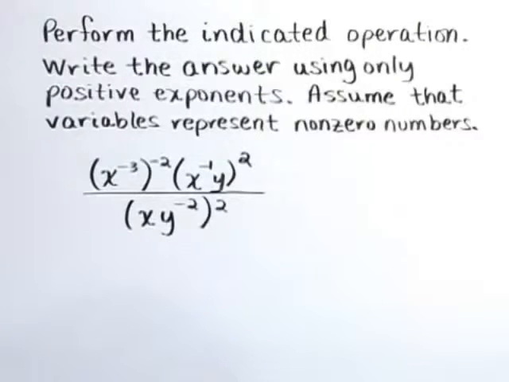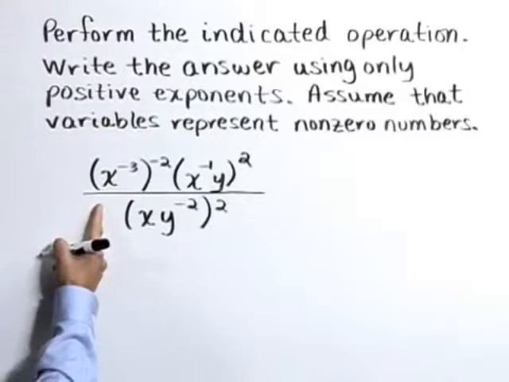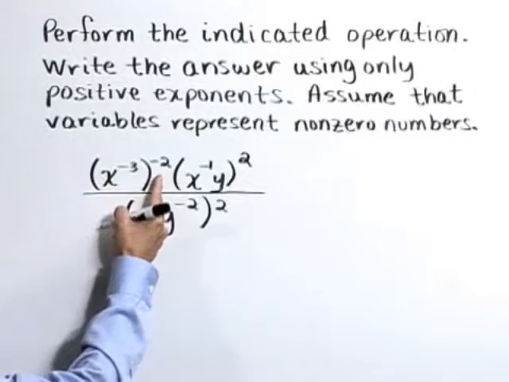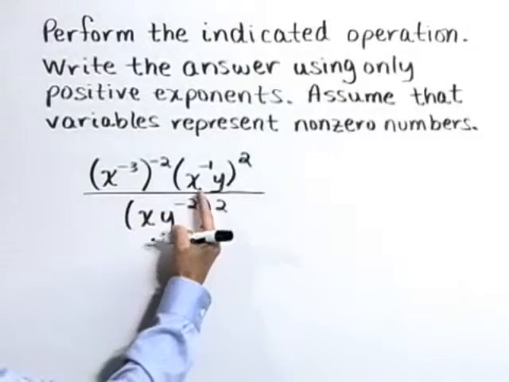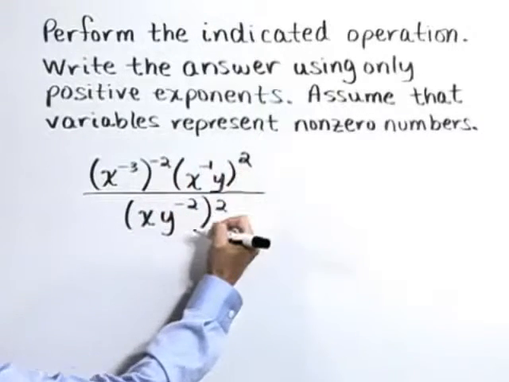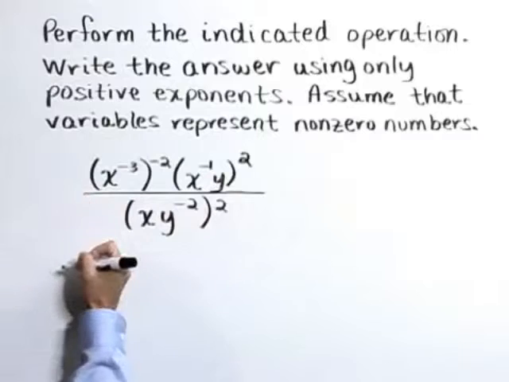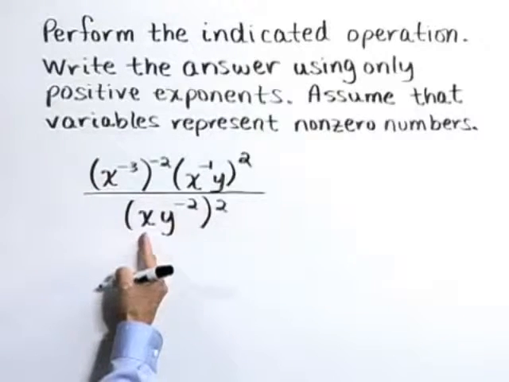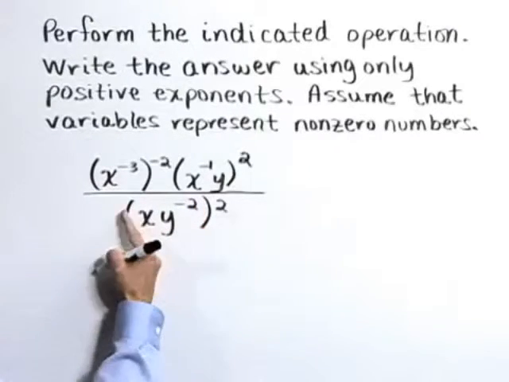Perform the indicated operation. Write the answer using only positive exponents. Assume that variables represent non-zero numbers. Here we have x to the negative 3 raised to the negative 2 power times x to the negative 1 times y, quantity to the second power, all divided by the quantity x times y to the negative 2 raised